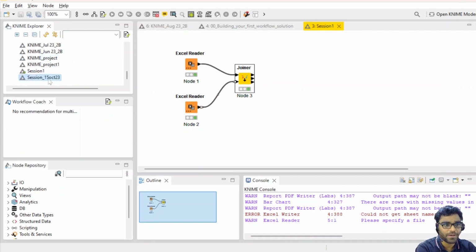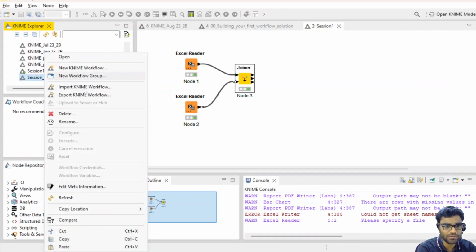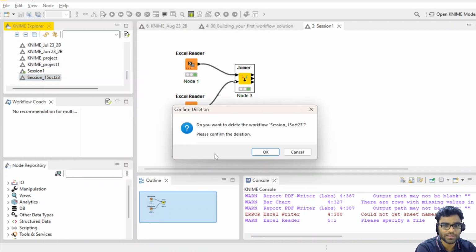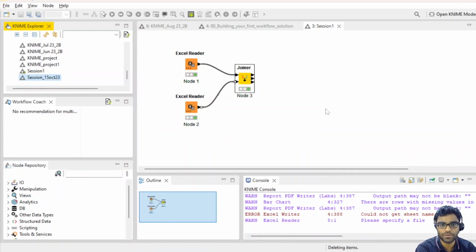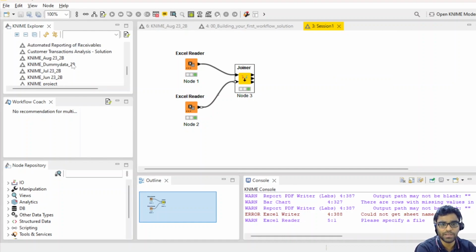So basically I have created this session 1, 15 October. I am deleting this now. You can directly right click and then delete it, because I want to create it in front of you guys. Okay, so suppose this is when you start your KNIME flow, these are the workflows which I have created. So now what I need to do, I need to